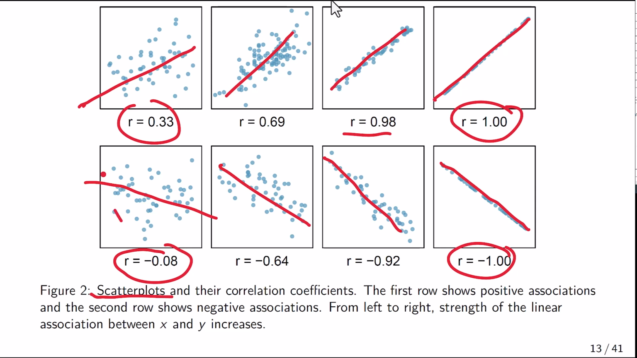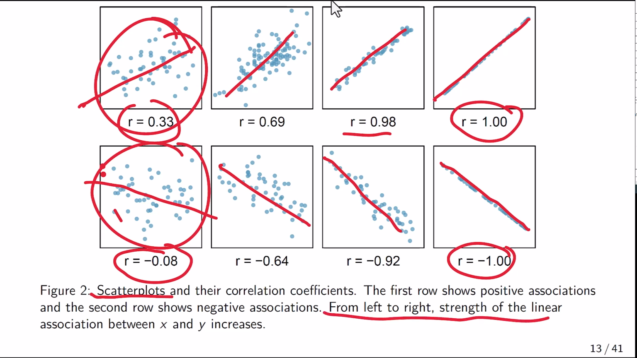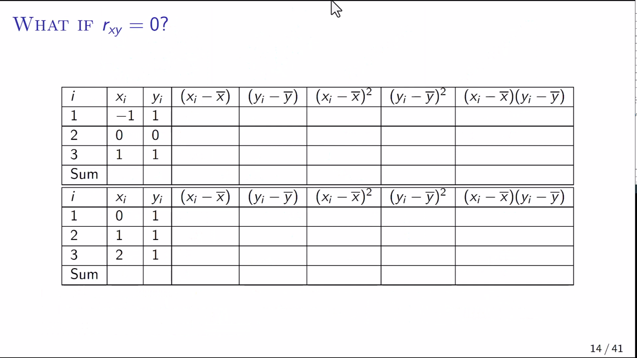These two, here and here, are pretty much scattered around. That means the strength of the relationship is kind of low. So you can see it is very close to 0 on the right side, and very close to 0 on the left side. Yes, that's what I mean by from left to right, the strength of the linear association between x and y increases. Okay. The last point I want to say is about the correlation coefficient, because sometimes we could have